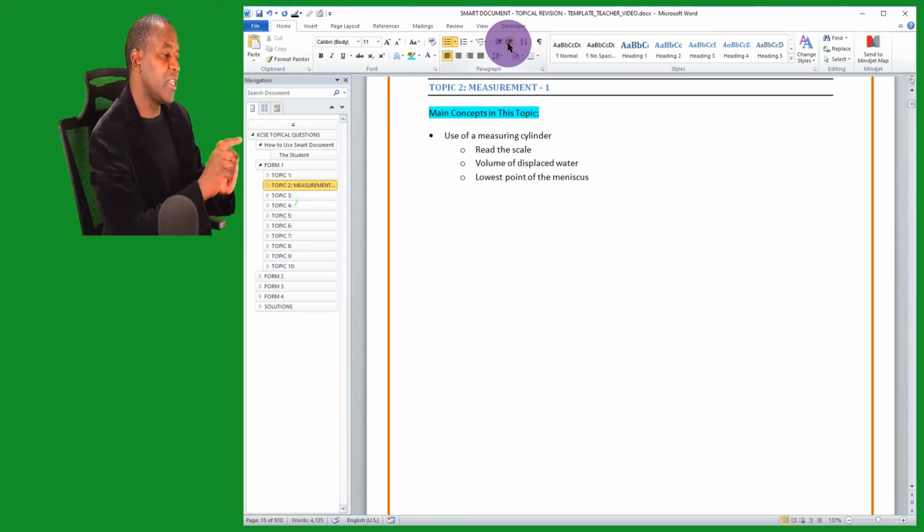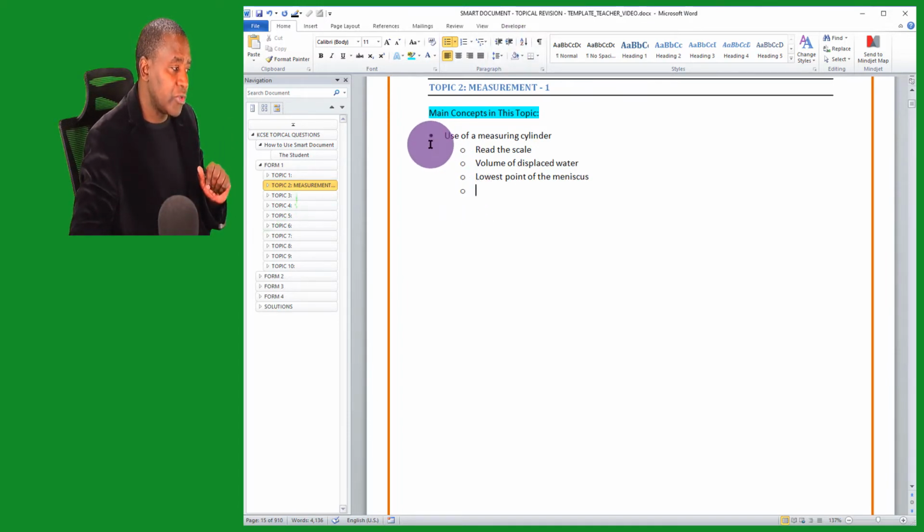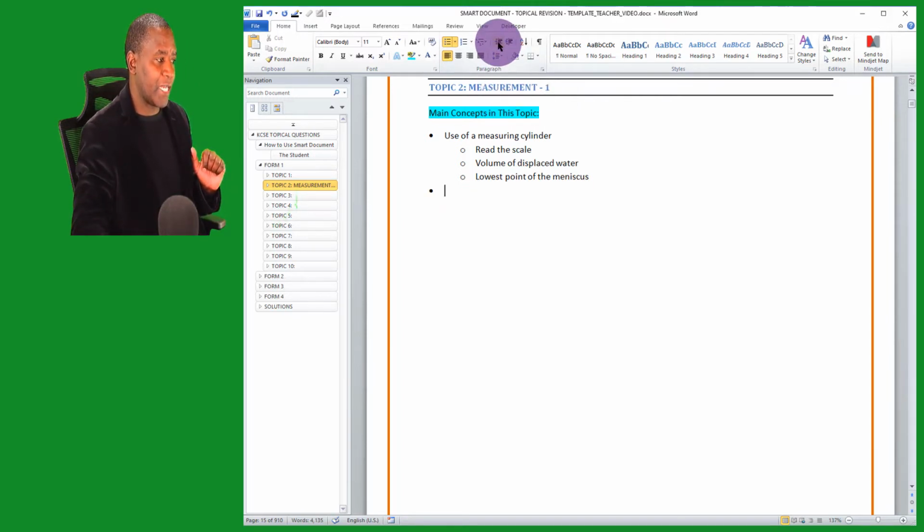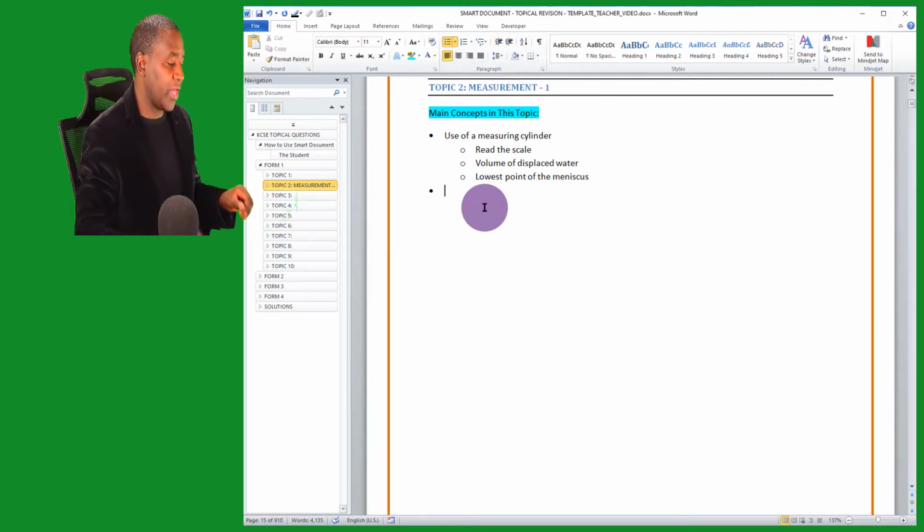Over there, I'm writing them here so that they can know these are the things that I'm going to talk about when they look at that particular topic, and when the concept is use of measuring cylinder. Another major concept, now if I press enter, I want now to move away from the measuring cylinder and use this black dot there. I'll just come here and use that decrease arrow pointing to the left,